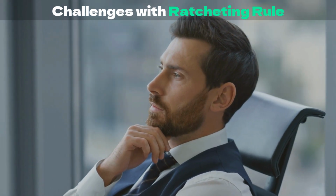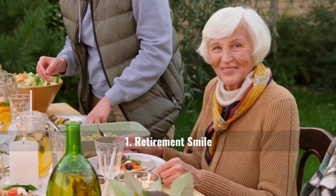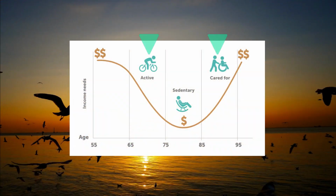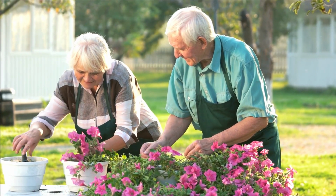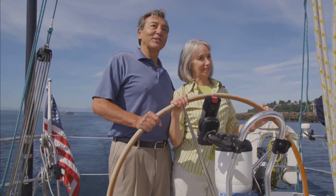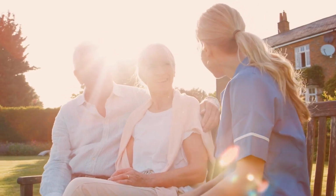First, ratcheting up spending means it isn't aligned with the retirement smile spending pattern, since the rule starts spending low and increases it throughout retirement. The retirement smile refers to a trend where retirees spend more during the early and late stages of retirement, and less during the middle stage. The ratcheting rule could potentially result in higher spending during the later stages of retirement, specifically during the slow-go years, when you typically spend less. This could lead to underspending in the early go-go years when you are fit and active. It could also lead to overspending in the slow-go years, with less for the no-go years, which may be crucial for